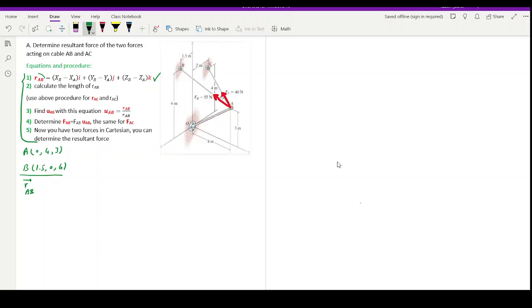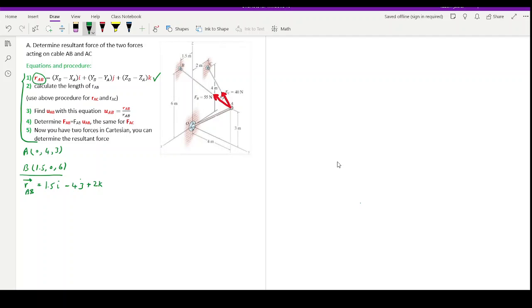Don't forget, this red color means that it's a vector in Cartesian. I'm putting an arrow on top of it to show that it's a vector. So it's going to be xB minus xA, that's 1.5 minus 0, so it's 1.5 i. 0 minus 4, that's negative 4 j. 6 minus 3, that's plus 2